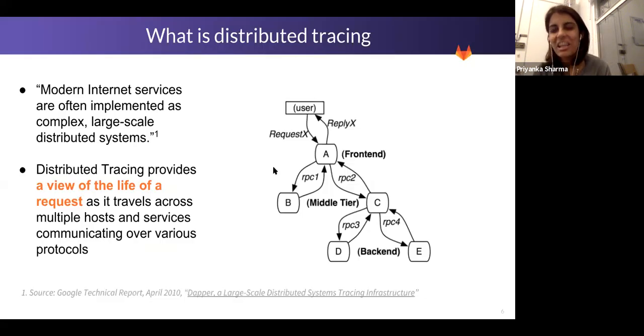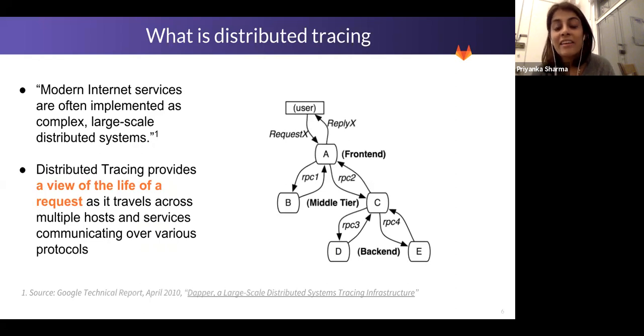As I said, I would love to be interacting with you guys right now and ask who in the audience knows what tracing is. Does someone want to define it? But we will just keep going because this cannot be as interactive as I'd like. So tracing is really following the path of a request from start to finish when the response comes out. It's the view of the life, right?